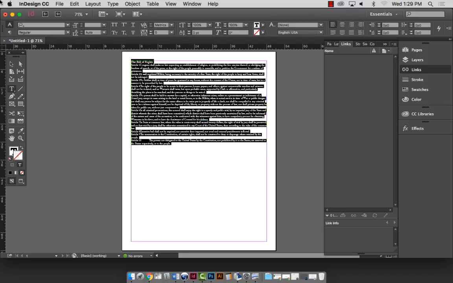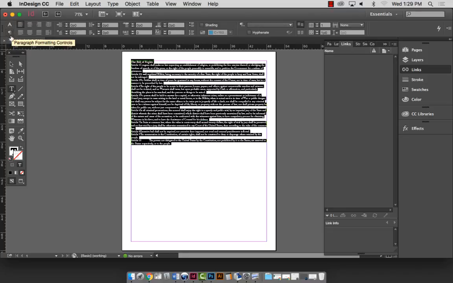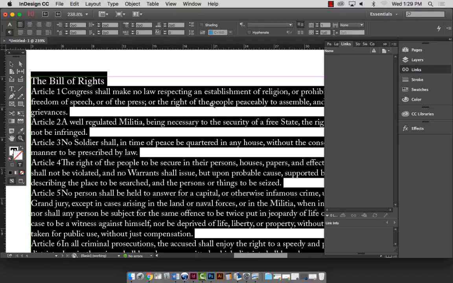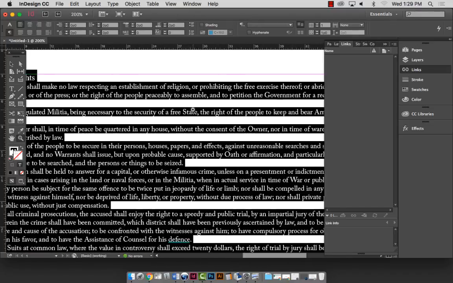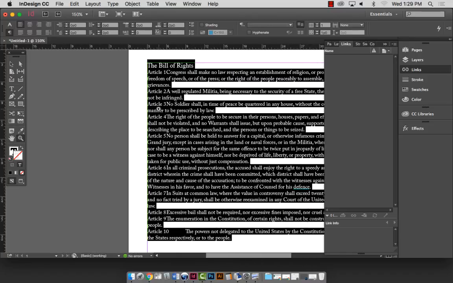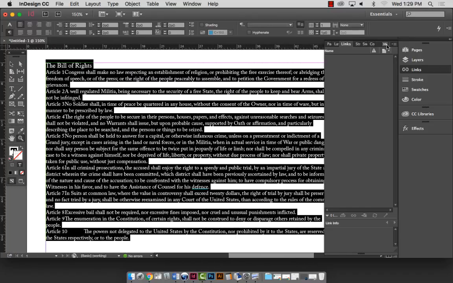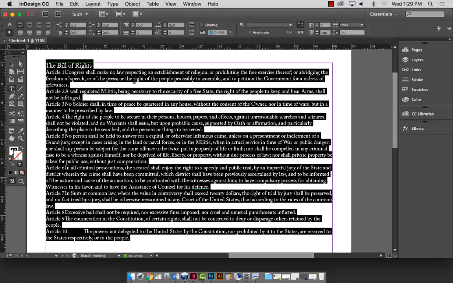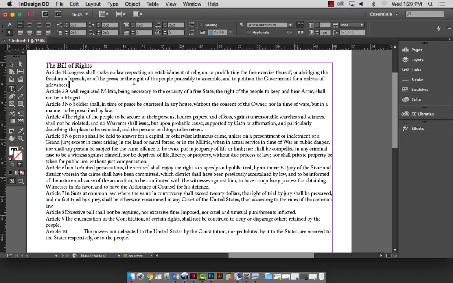And then tell it not to hyphenate. So go to your backwards P, which is your paragraph formatting, and make sure hyphenation is unchecked. Now mine was actually unchecked because probably the last document I worked on it was unchecked. Okay. Now we're going to zoom in to this first paragraph. And we'll deselect here. We don't need all this stuff selected. Let me get my windows a little bit more managed here. There we go. Now, if we're working with typography,